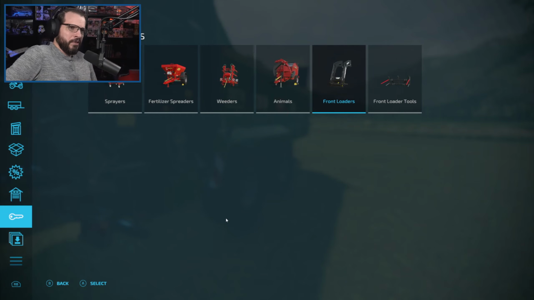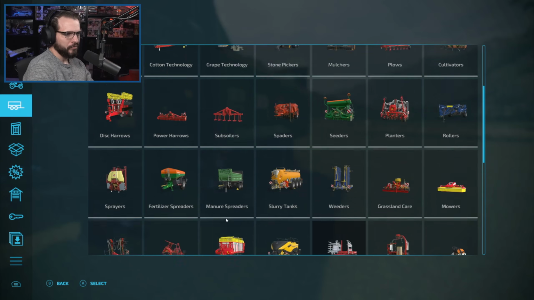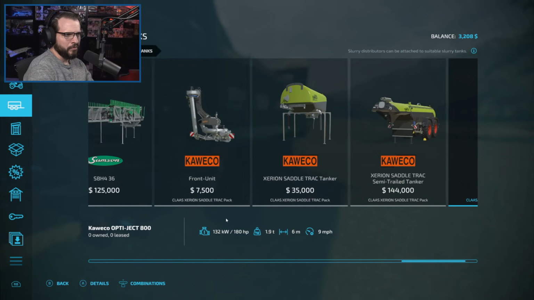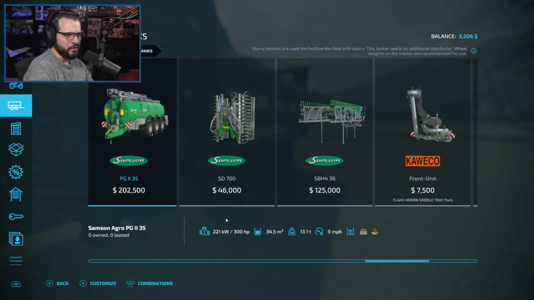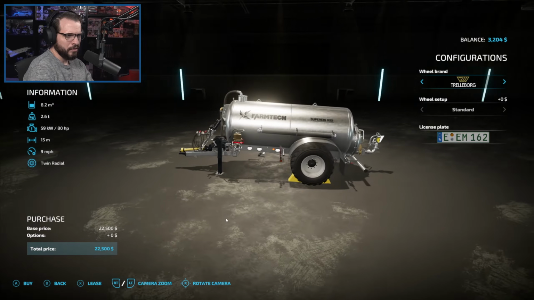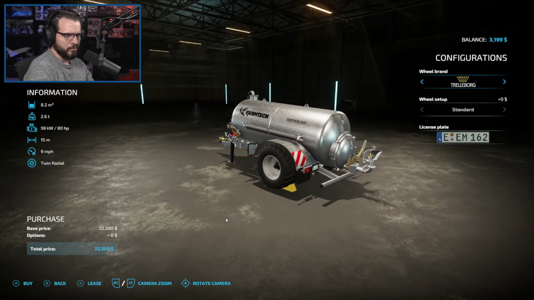We might grab, do we want to grab a slurry thing? Is that going to be way too expensive? The money that we would save on not having to pay for fertilizer, we end up spending on the slurry, don't we? Does this thing spread? Spray? This thing is just transport, right? Yeah, these just hold. I don't think any of these have a way to...